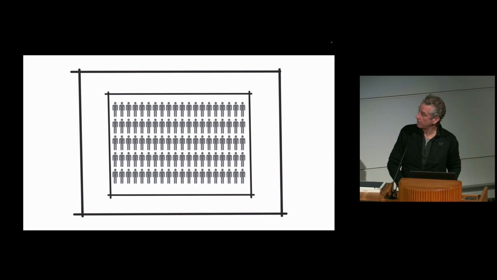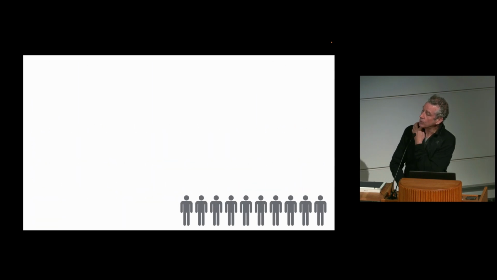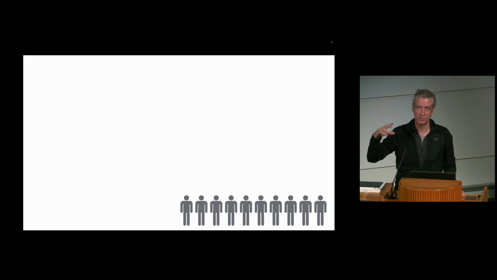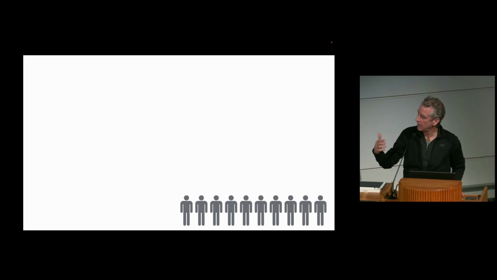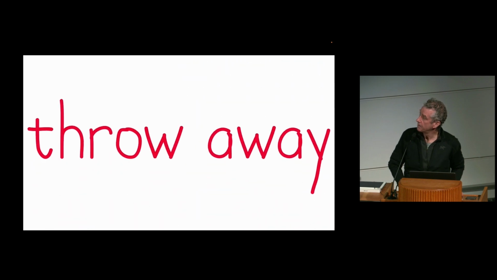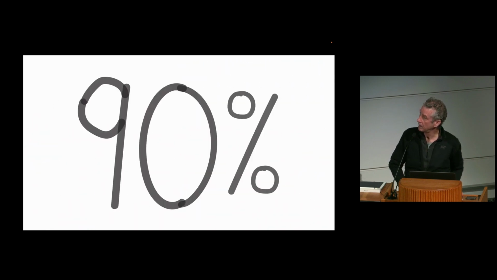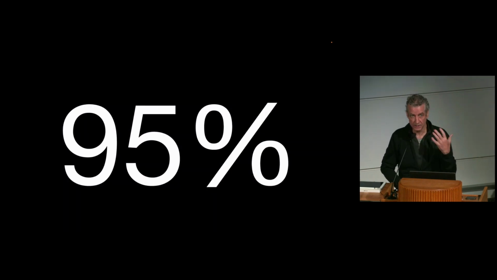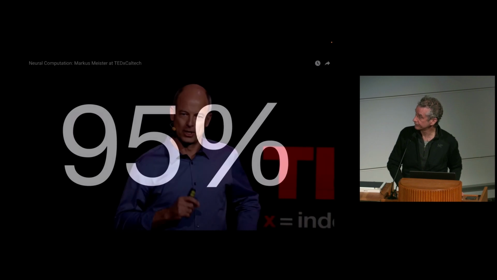So I'll finish up with this. In order to reframe all that data coming through, you can think of it in terms of I've invited 100 people and only 10 of them show up. So I have to throw away all of the excess food that I've prepared. And that's what the brain does. The brain throws away 95% of the incoming data simply because it can't process it.